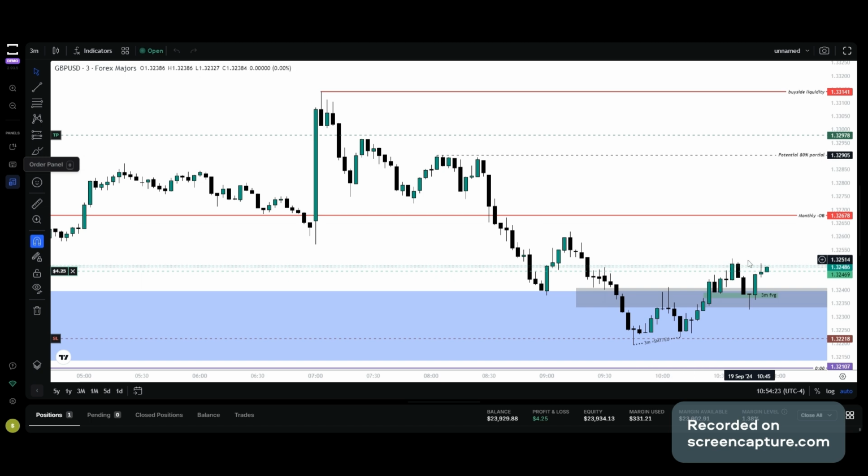And this is where the previous 15-minute candle, that's that candle's high. But the way this 3-minute fair value gap got respected, that gave me more of an inclination that price is